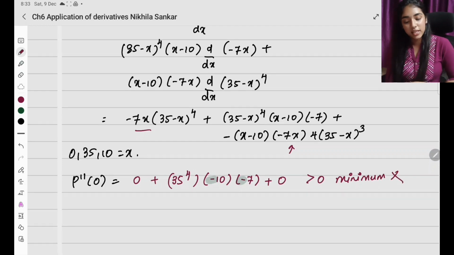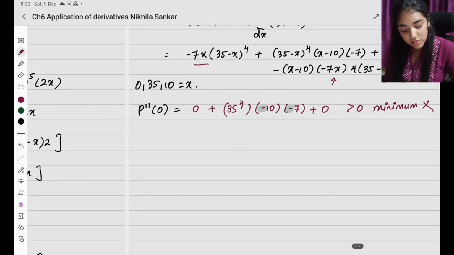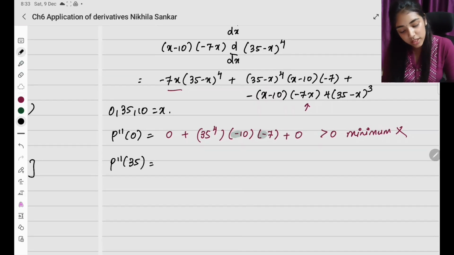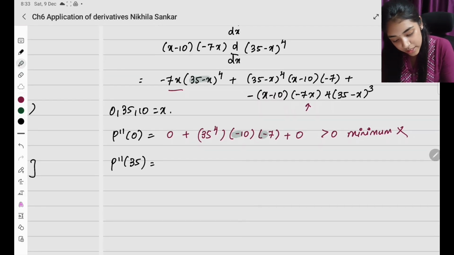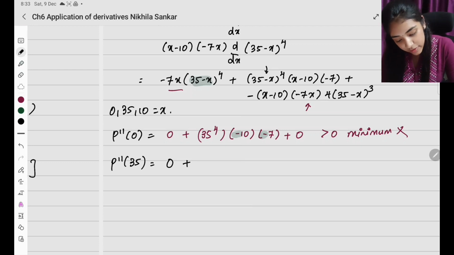So this particular value is ruled out because in the question I'm asked for the maximum value. So in the positive greater than this, this value is going to be ruled out. Now I have P double dash of 35. When I substitute 35, my first term becomes 0. First term becomes 0, plus the second term: when I substitute 35, I have 35 minus x the whole power